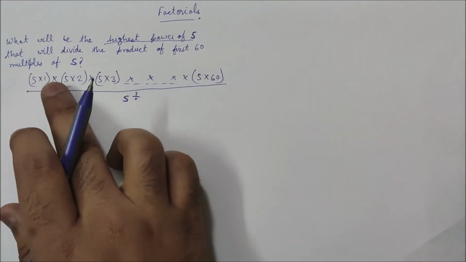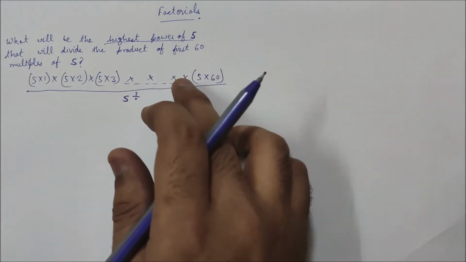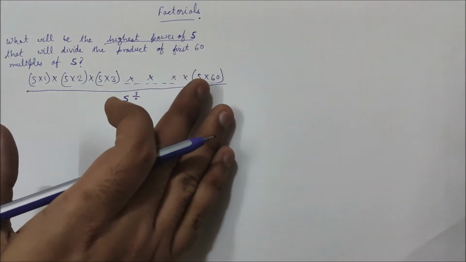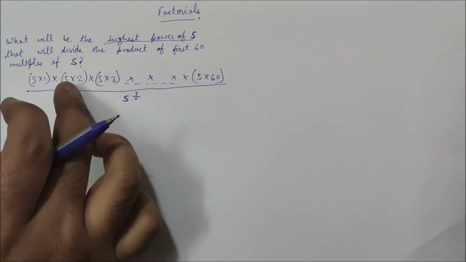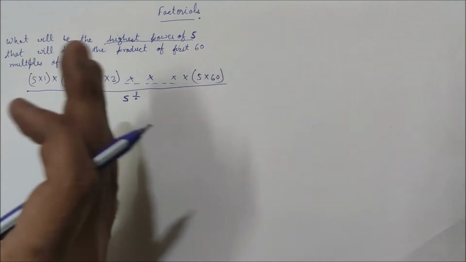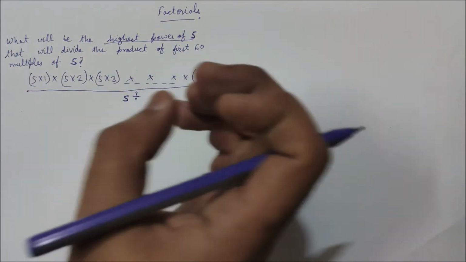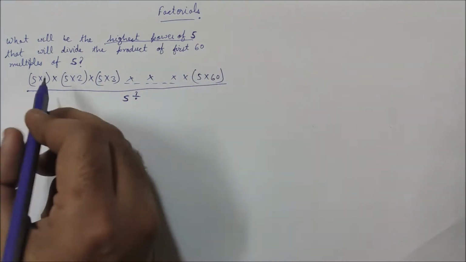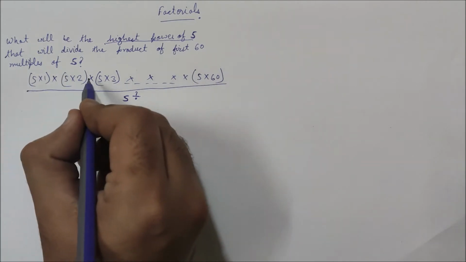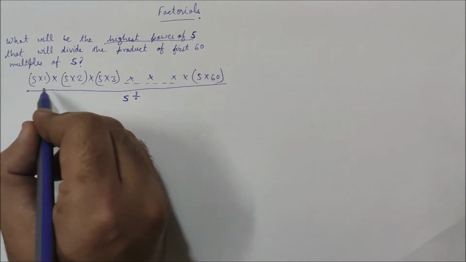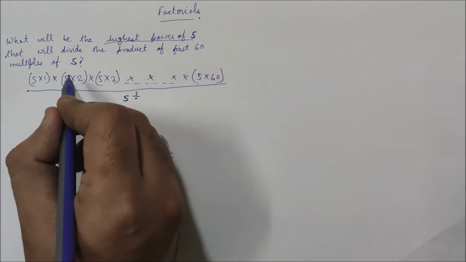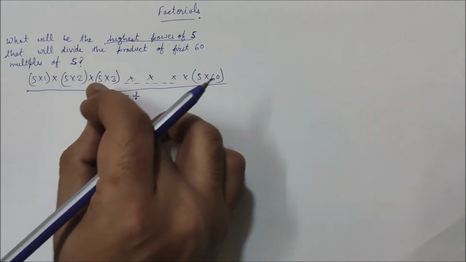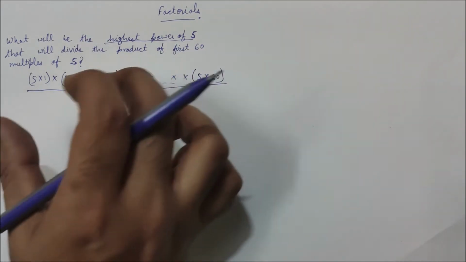This expression is nothing but the product of first 60 multiples of 5. Okay, so I can see that there is a 5 in every bracket, so I can take this 5 common, right? So I can take all these 5s outside of these brackets. Remember, these are in product, so this 5 is entirely different from this 5. If I multiply 5 into 5, that will give me 25, then 25 into another 5 will give me 125. So the powers are increasing with every multiplication of 5, and there are 60 such brackets.